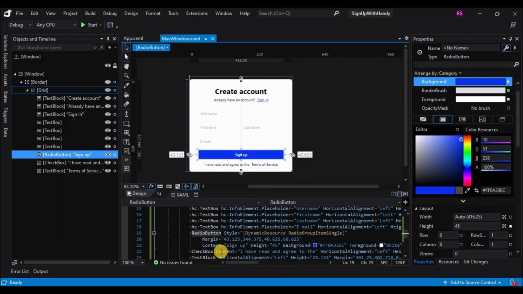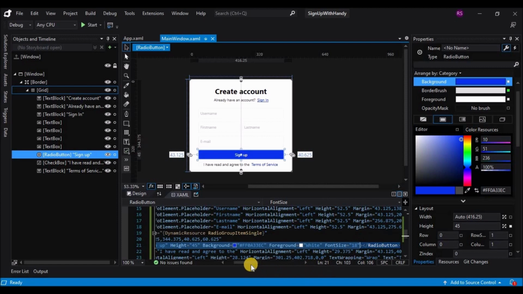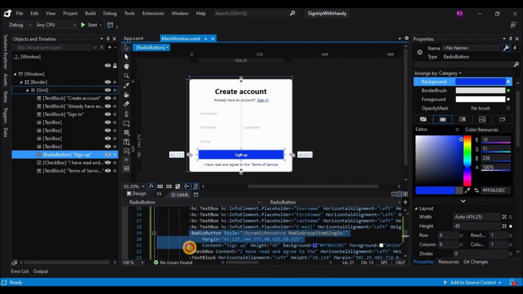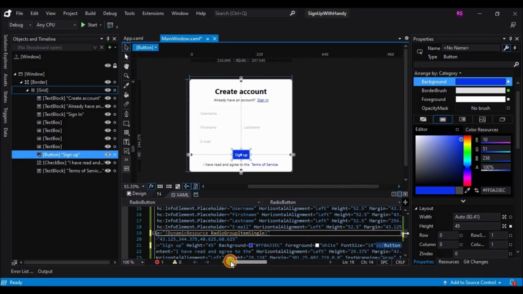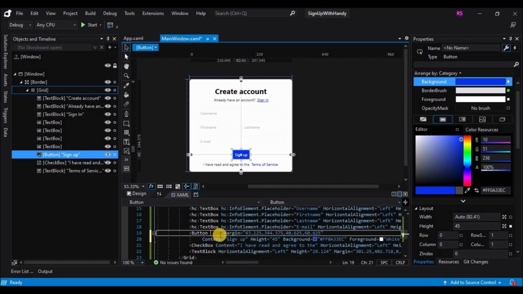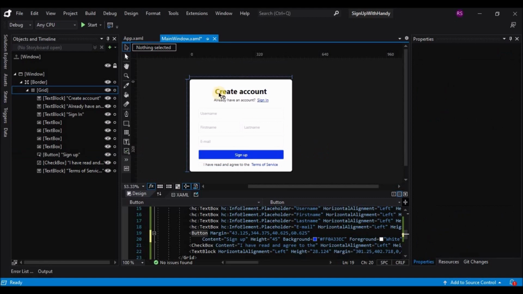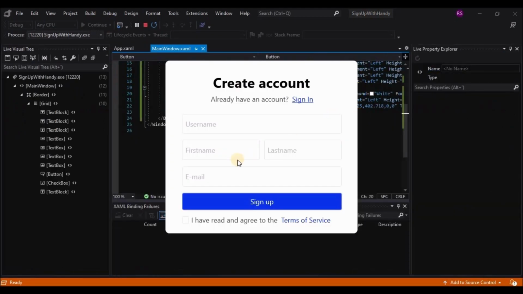So let's copy, rather than copying, I think let's get rid of the tag radio button and change it to a normal button. Yeah, and let's remove the style, and let's increase the width. Yep, that's done. So that's pretty much it. Now, okay, so that's done.